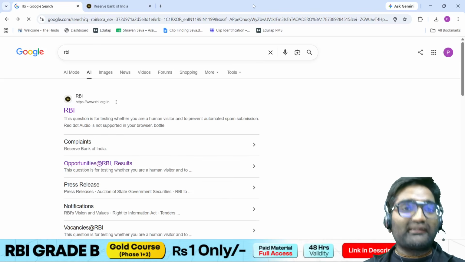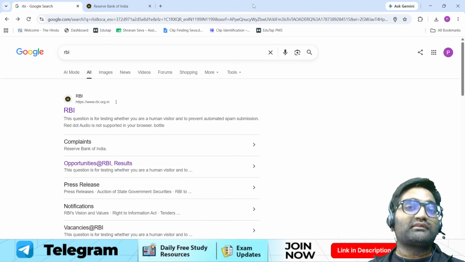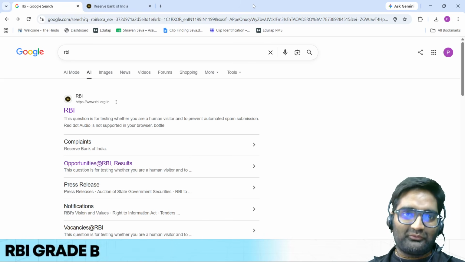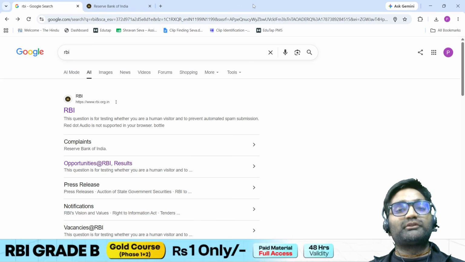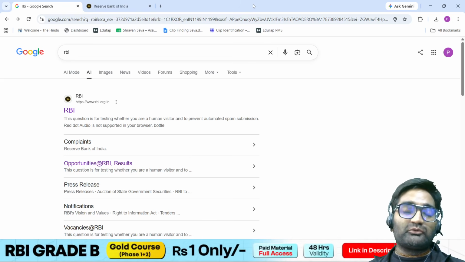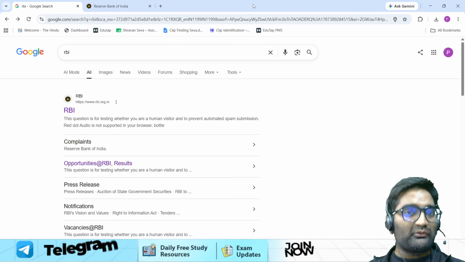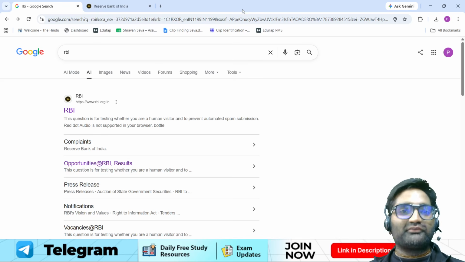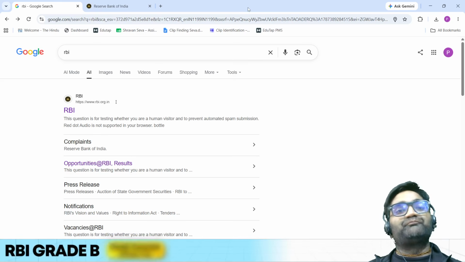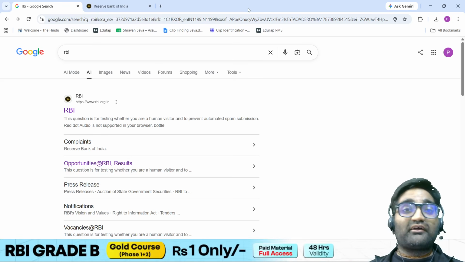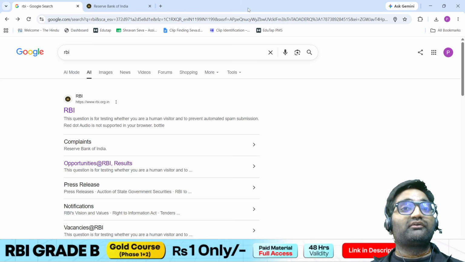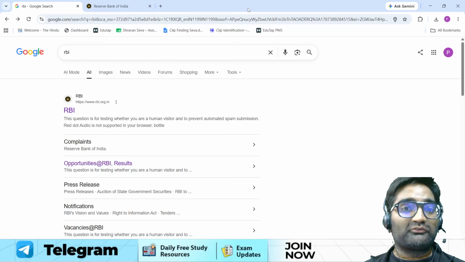The much awaited RBI Grade B 2026 Phase 2 results are out. All of those candidates who have been shortlisted for the interview, the result is out and you can check out the same on the RBI website. Congratulations to each and everyone who have been able to clear the Phase 2 of RBI Grade B 2026